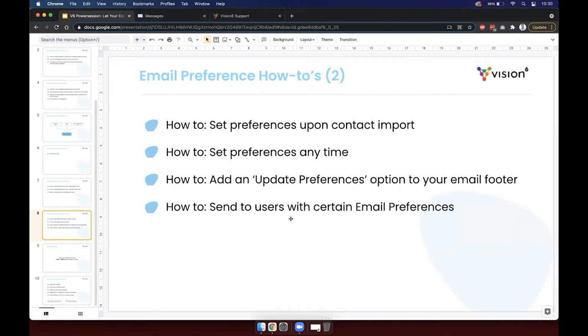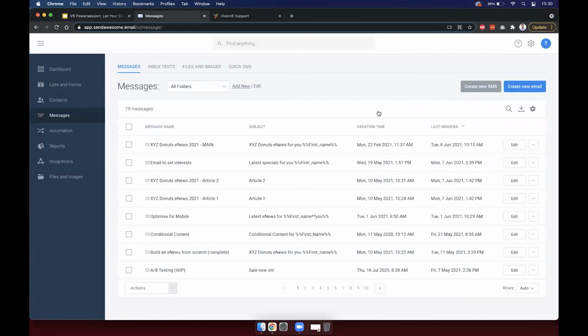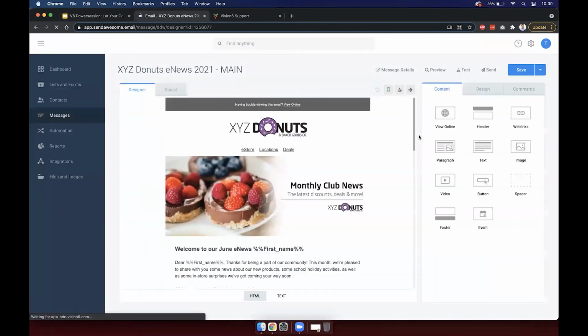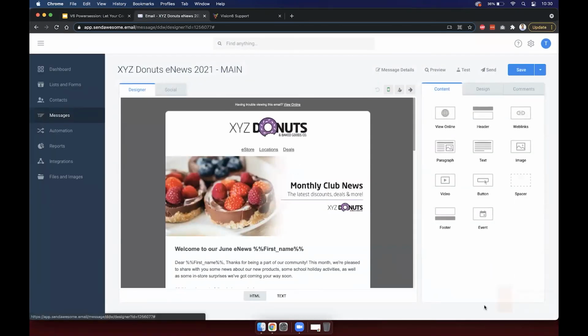What if I just want to send an email to the newsletter people, because it's our newsletter and I don't want to send that to people who want a different type of preference on their email? So how do I send to a particular group of people with the correct email preference? So let's open up our newsletter again and pretend we're about to send it. So I'll come across into the send area